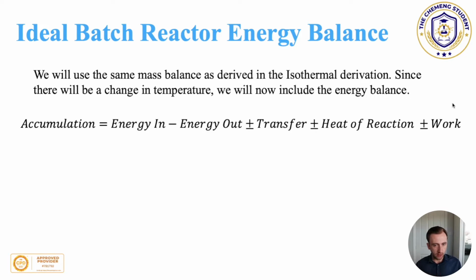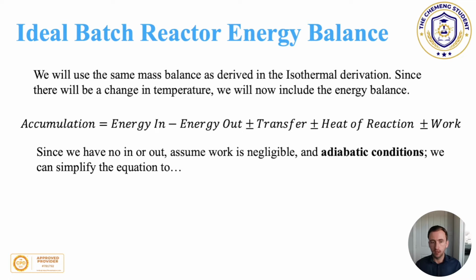So the general energy balance is given by the accumulation is equal to the amount of energy that comes into the system minus the energy that leaves the system, plus or minus the energy transfer, plus or minus the heat of the reaction, and plus or minus the work. Now, the energy in comes in the form of enthalpy. And since we have no in or out flow, we can also assume that the work here is negligible. We have adiabatic conditions, isothermal conditions, we can simplify this entire equation to the accumulation must be equal to the heat of the reaction,